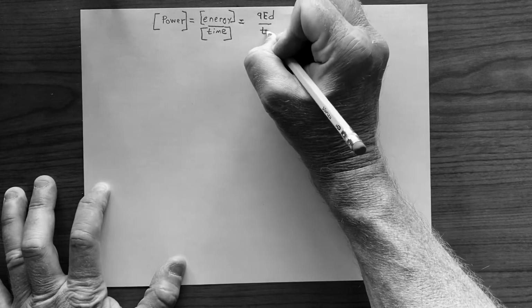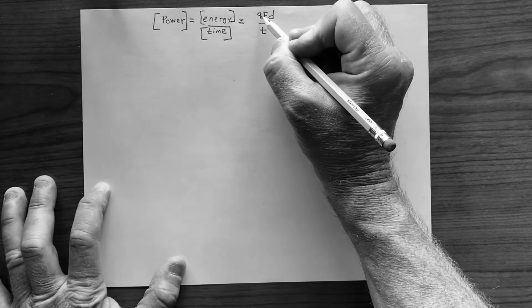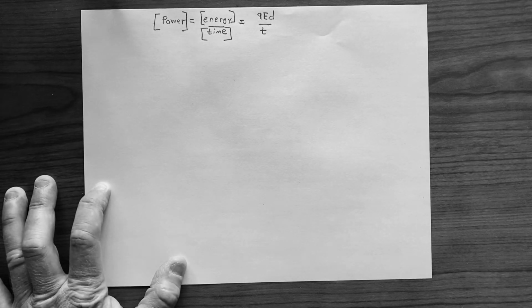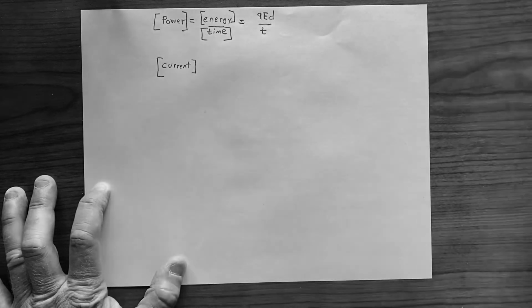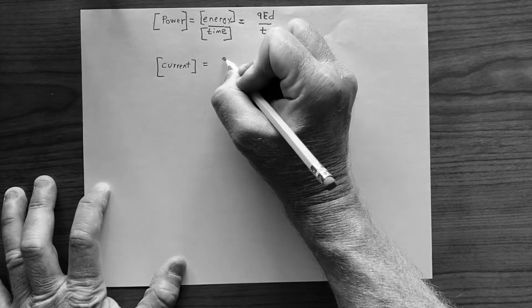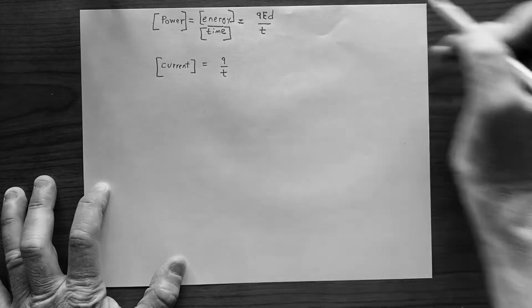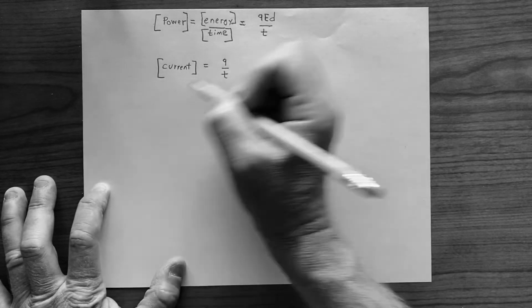Now, if I divide that by time, I have energy divided by time in terms of quantities that involve electric fields or electric forces, charged particles, and time. And notice that charge divided by time, that's something that has to do with our circuits, right? That's a current. So the dimensions of current involve charge, Q, over time. And so we can rewrite this quantity in terms of current,